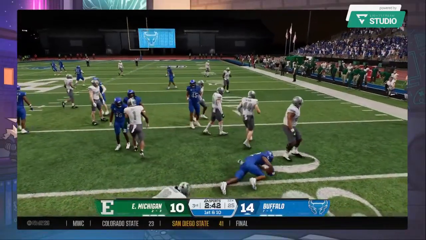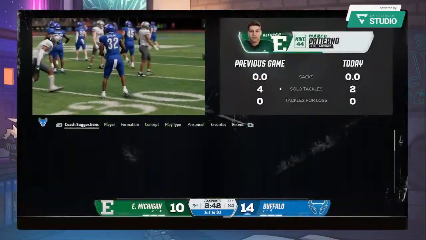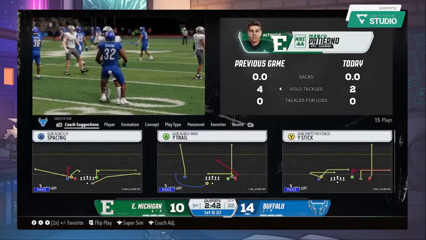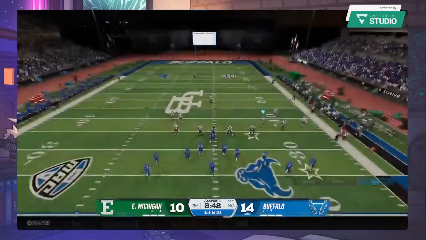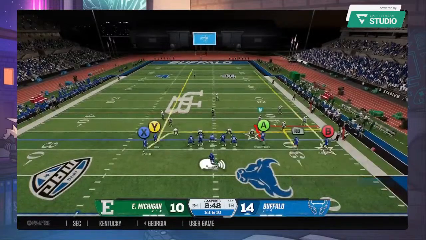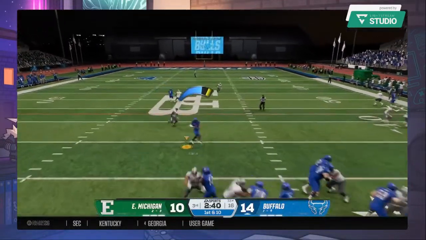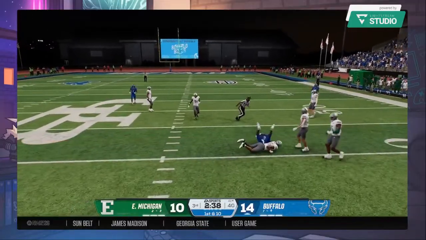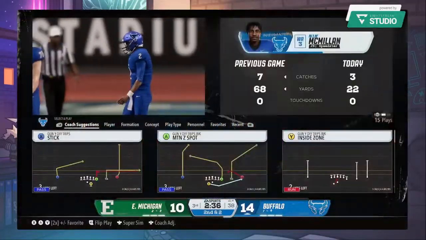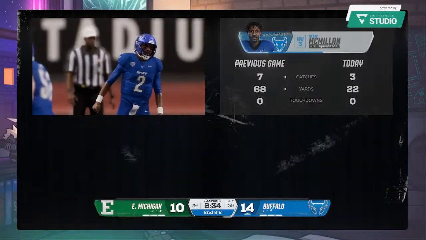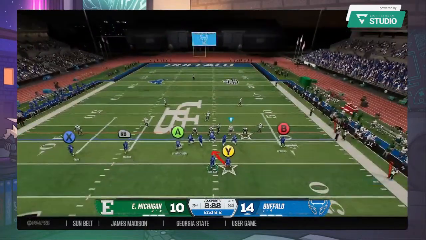They'll put that return to a stop at the 33, but the offense is set up in pretty good field position. Decent field position to start this drive from their own 33. They'll start this drive going to the air. Grabbed over the middle. It's McMillan. Found a little bit of room to operate, but he'll be stopped just short of the first down.